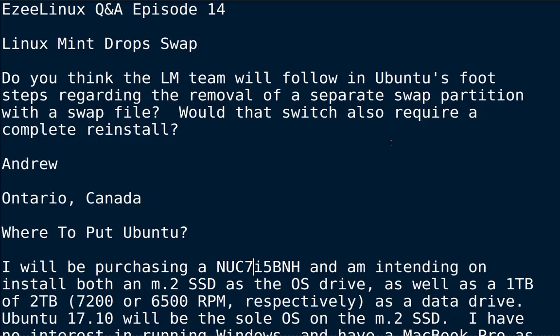And that works by using a swap partition. And so if they go to a swap file, that would mean that they would have to tweak the kernel. I know that there's a kernel tweak that allows that to happen with a swap file, and then they will have to create a swap file that is as big as system memory, a little bit larger actually.